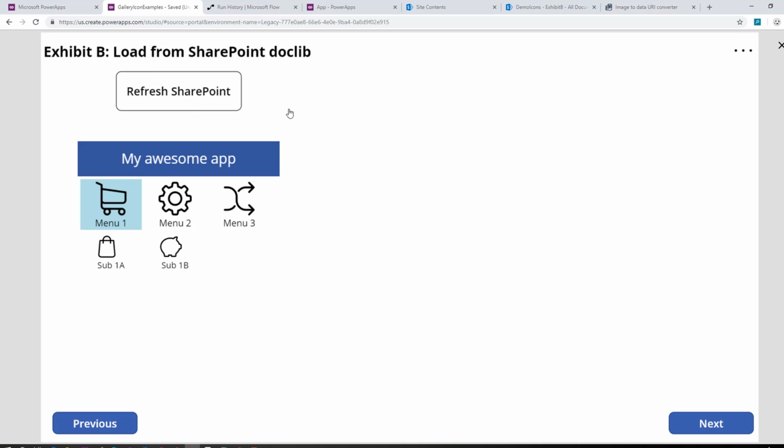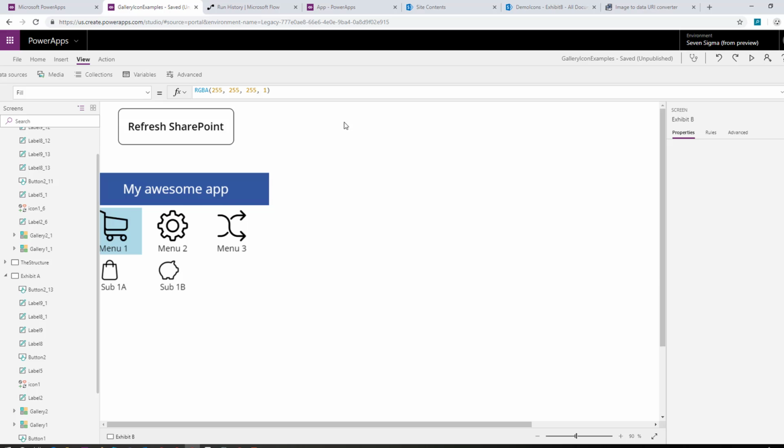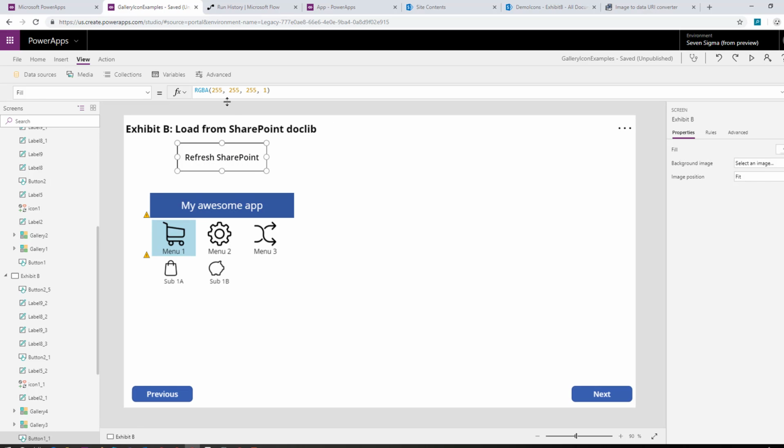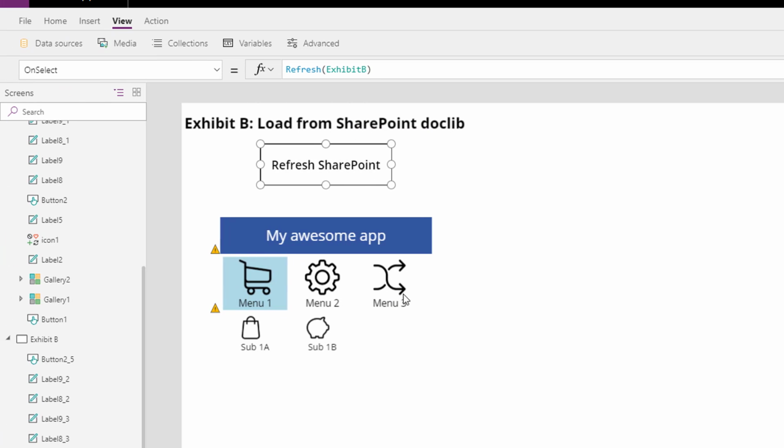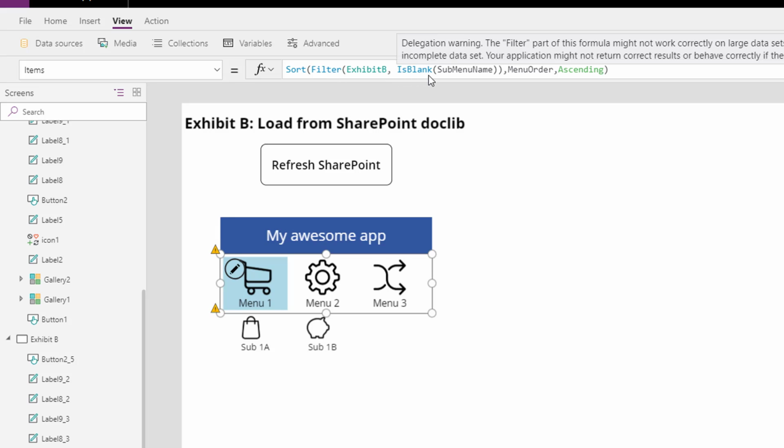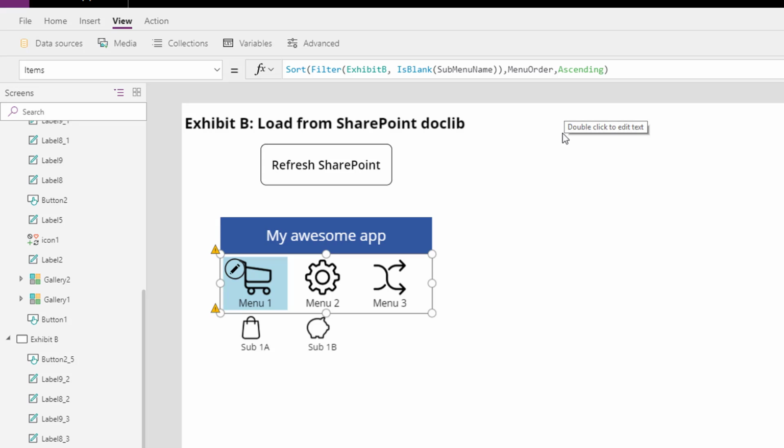it looks like this. First up, let's go and have a look. So all I'm doing here, this button is simply just going to refresh that data source that I have already connected. So that list you were just looking at called Exhibit B, it's a data source connected to this app. If we have a look at this first gallery and we go and have a look at the items property in this gallery, we are simply doing this. We're going, okay, first up, we're going to take Exhibit B, we're going to filter it, and we want to basically filter only when the sub-menu is blank. So remember that logic that I described earlier. And we're going to actually sort the menu order into ascending. So it will actually do it based on lowest to highest. And that renders our